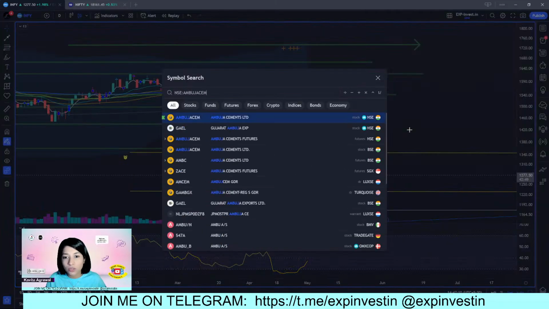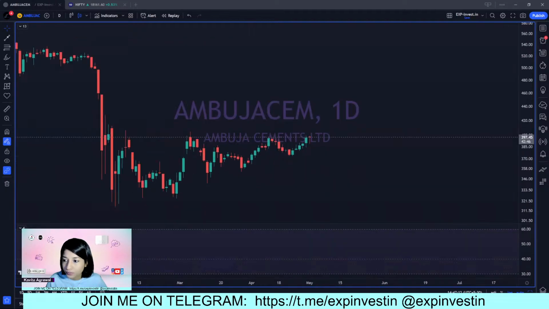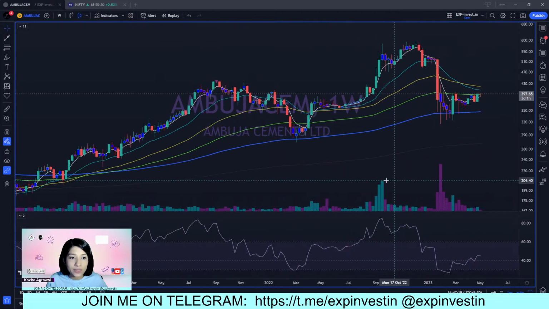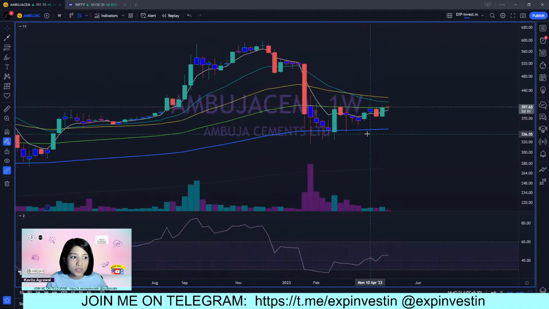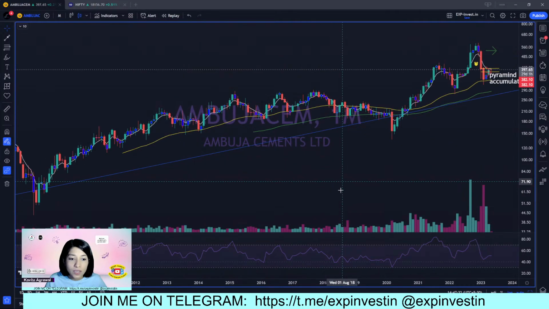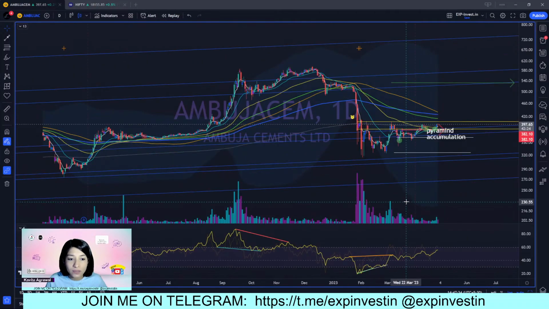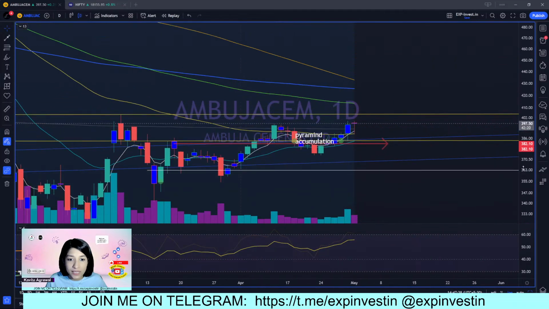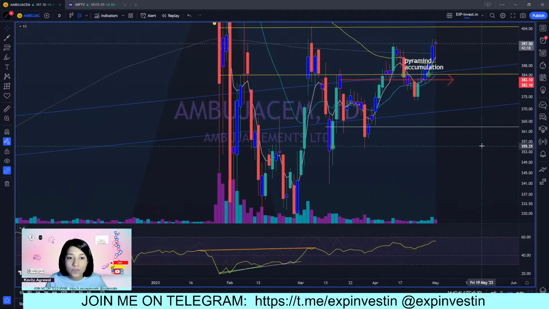You also asked about Ambuja Cement. All right, with respect to Ambuja Cement also, if you can see, there is a strong support coming in from this very blue line, which is the 200-day moving average on the weekly time frame. In addition to that, the volume has been tapering off on the downsides, right? If we look at the daily time frame, we can see that the volume is picking up on the plus days, which is a good sign.